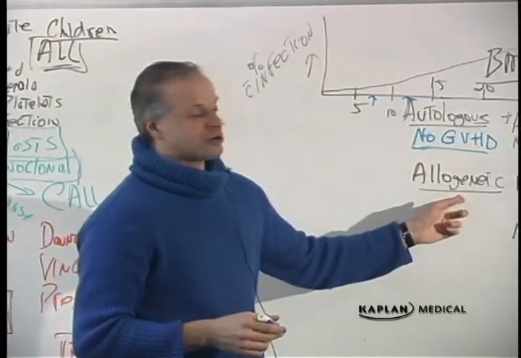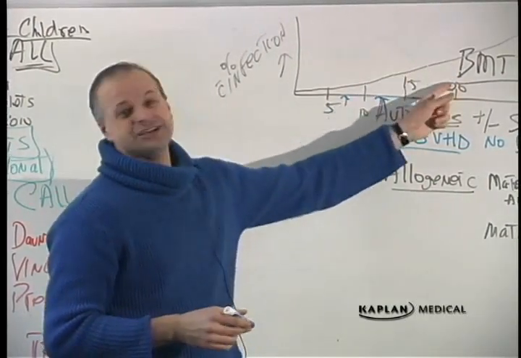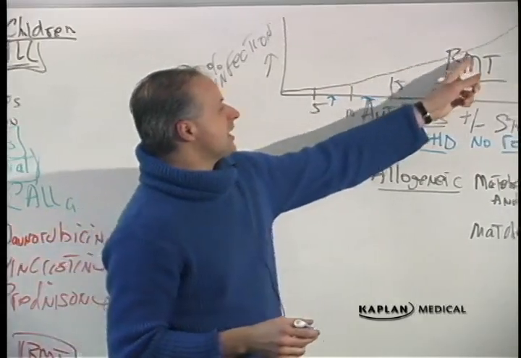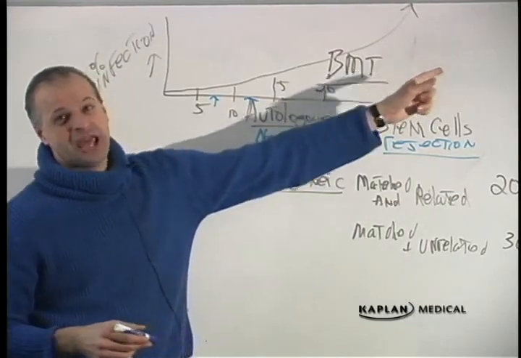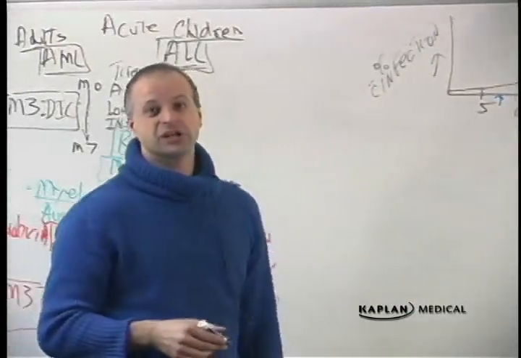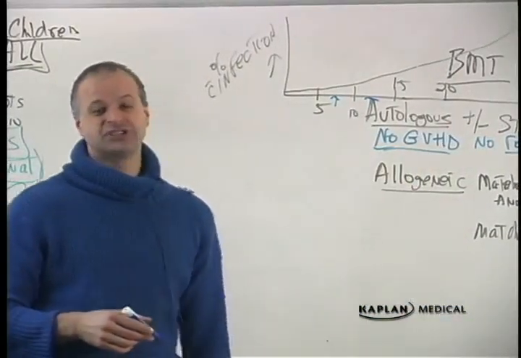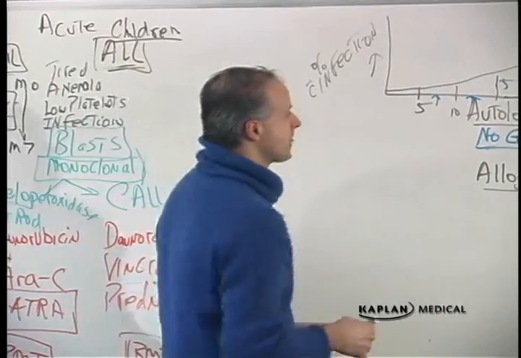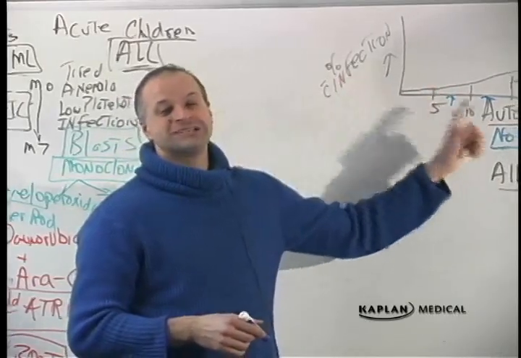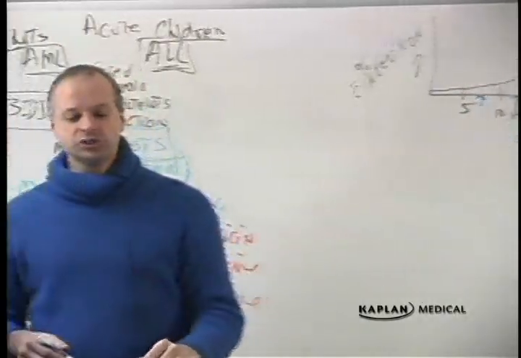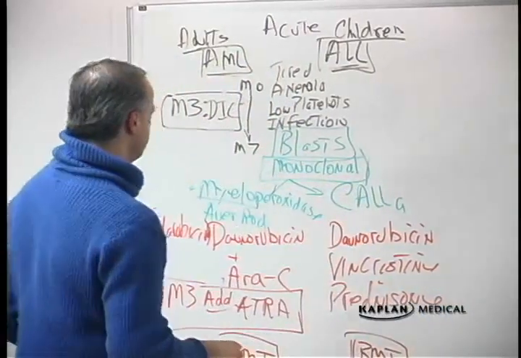Allogeneic, somebody else's marrow into you. Matched and related, your bone marrow will come back at 15 to 20 days. Matched and unrelated, it'll come back a little bit later. Unmatched, unrelated, you're going to die of infection half the time before the bone marrow comes back to life. And then even if it does, you're going to have terrible graft versus host and rejection of that marrow. The duration of neutropenia is how you determine the mortality from the marrow. Who should be transplanted in first remission? The people with bad cytogenetics.